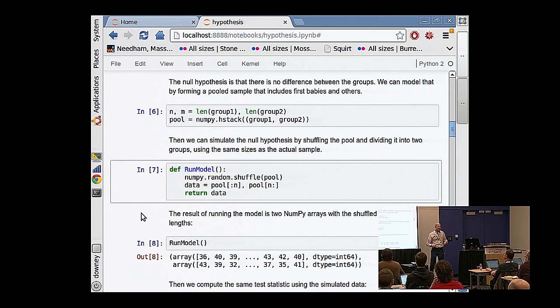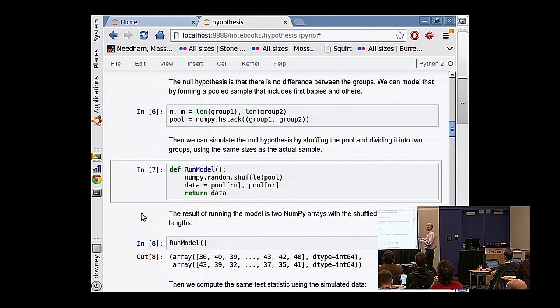What hstack does, that stands for horizontal stack. It's going to take two NumPy arrays. So you think of it as an array that has one row and lots of columns, and then another array that has one row, lots and lots of columns. I'm going to stack them horizontally, which is just a complicated way of saying I'm going to concatenate them or join them together into one great big array.